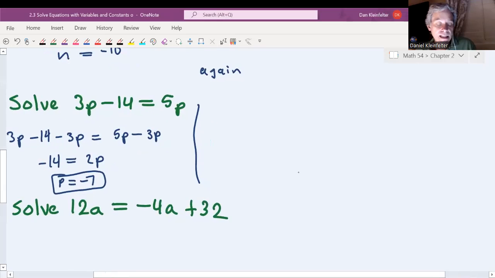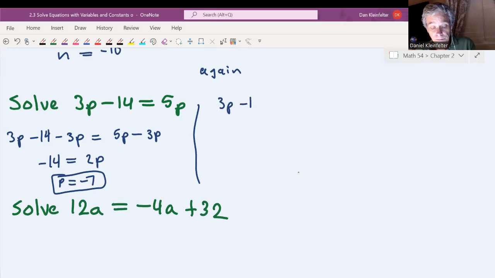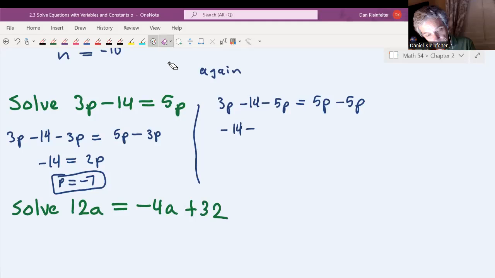Okay, let's say that you're thinking, well, I don't like having the variable be on the right. I want the variable to be on the left. So I'm going to subtract 5p from both sides, which is legal. Math says that's fine. You can add or subtract anything you want as long as you do it to both sides. So I'm subtracting 5p from both sides. So now we have negative 14 minus 2p is equal to 0. And then